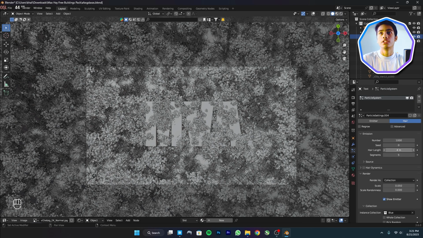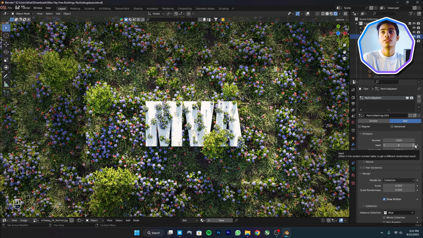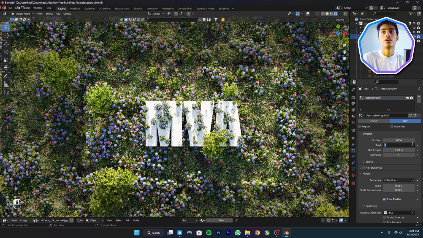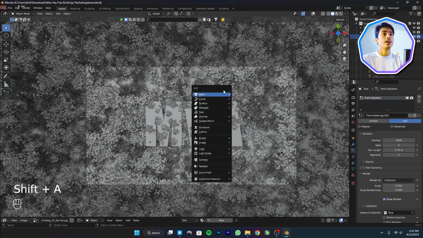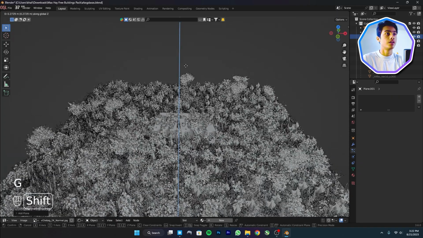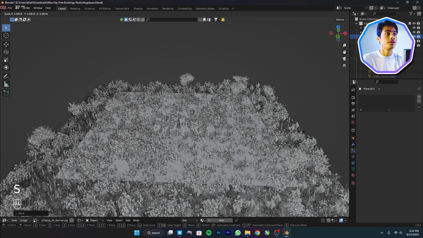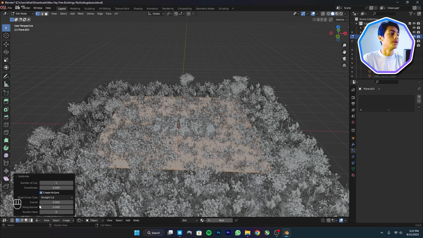and decrease the length so we can barely see them. And you can adjust this seed button, and if you like that you can keep that. I actually like that one here, and add one more plane, move that up here, scale that up and subdivide it with maybe 100